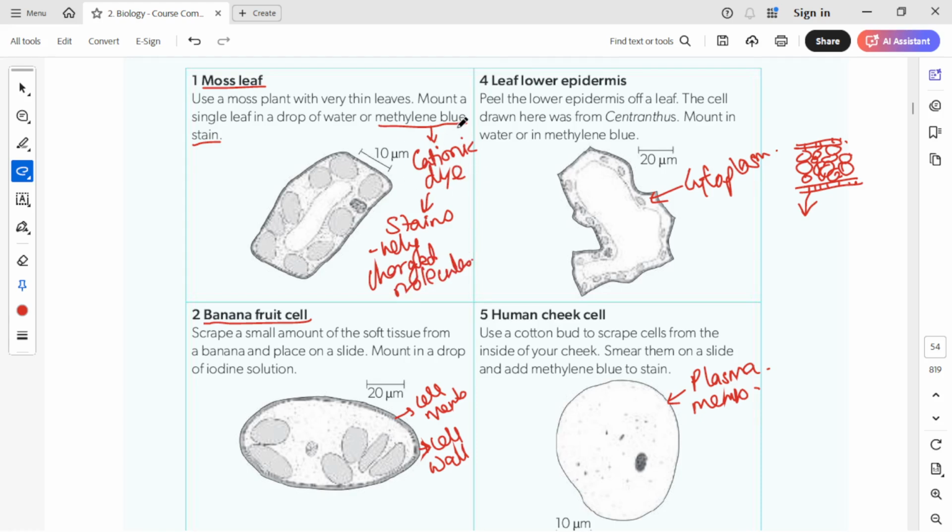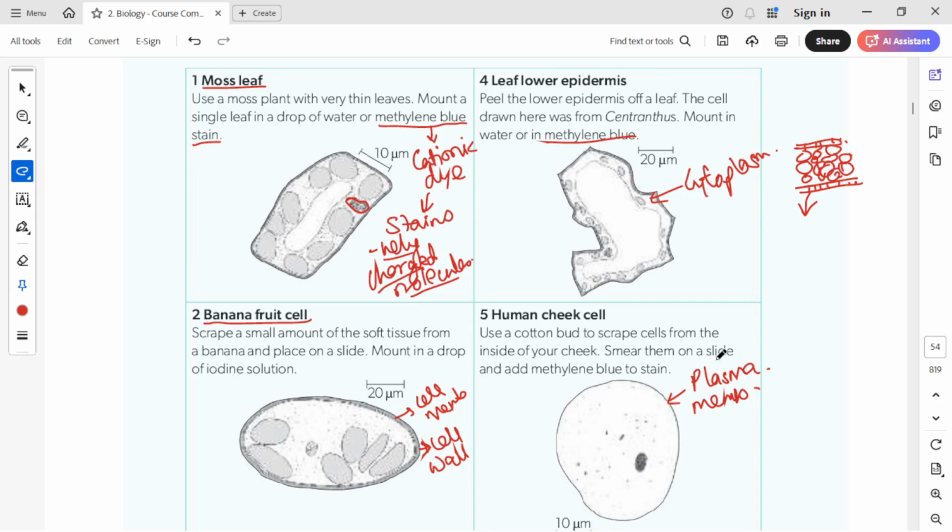What is the function of methylene blue? It stains negatively charged molecules. In a cell, the majorly negatively charged molecules are DNA and RNA. So this is going to stain the DNA and RNA, and other negatively charged molecules will also be stained, and specifically the nucleus will be darker. Here we can see this is the nucleus, which looks very dark compared to the vacuoles and other organelles. So the negatively charged molecules will be stained using methylene blue. Wherever we want to stain the cell, we mostly use methylene blue.